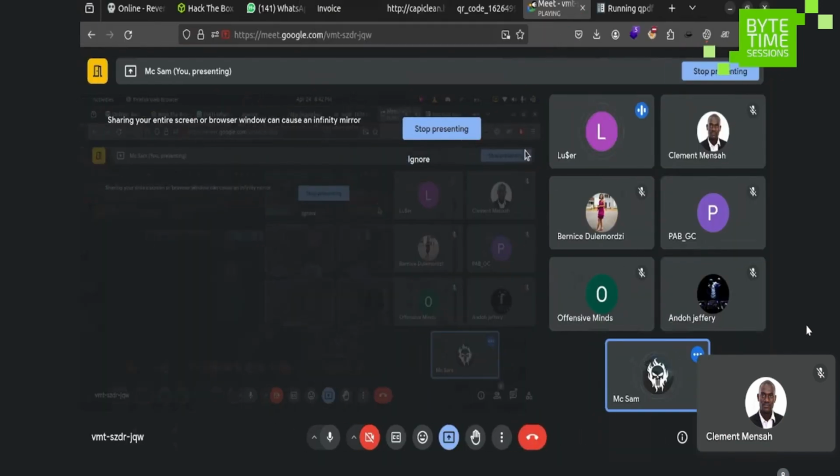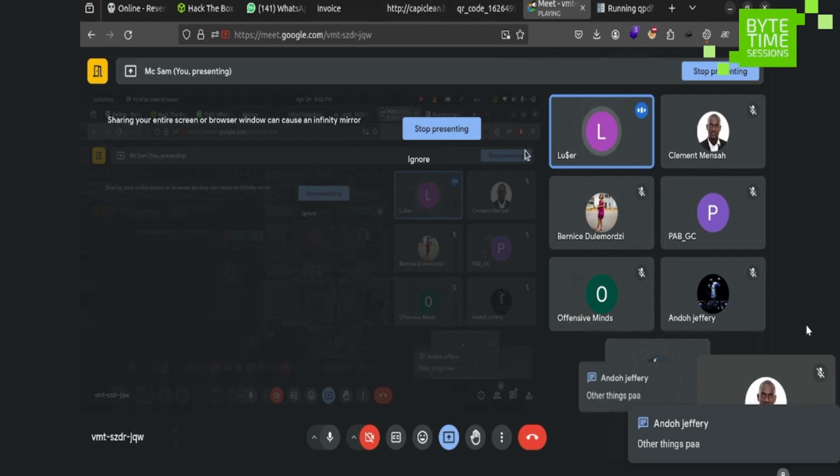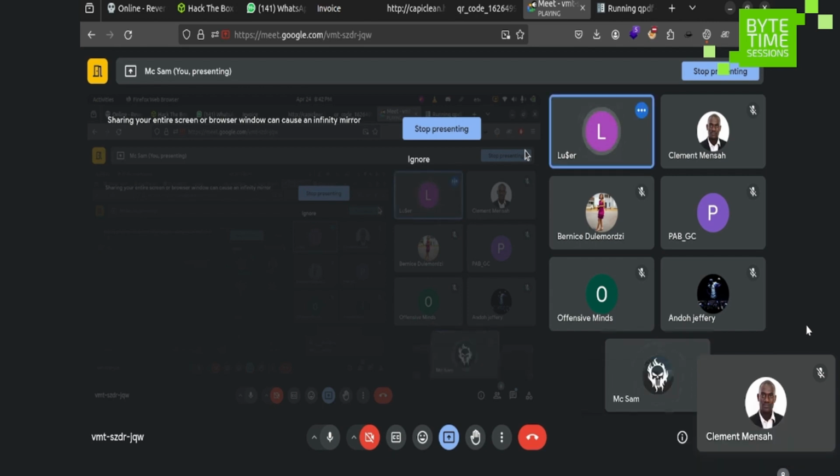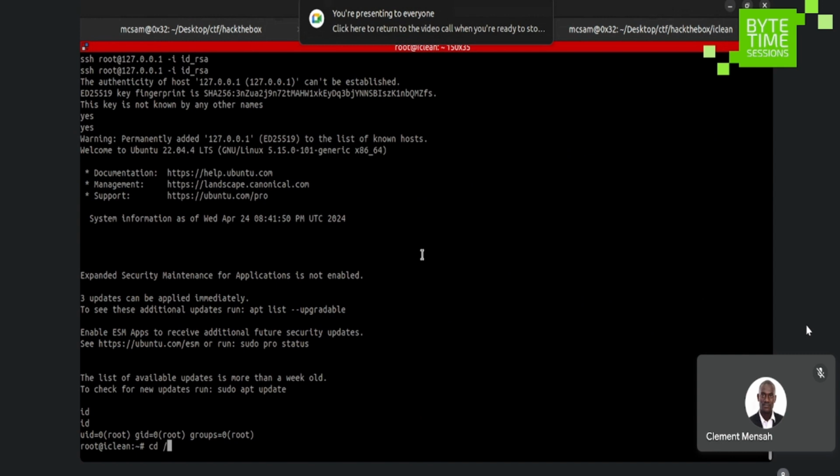I want to talk about this one. Where did you get the password for the database? Yeah, I had not seen that part. Okay. So I was saying that when we got into the machine, right, we were inside the